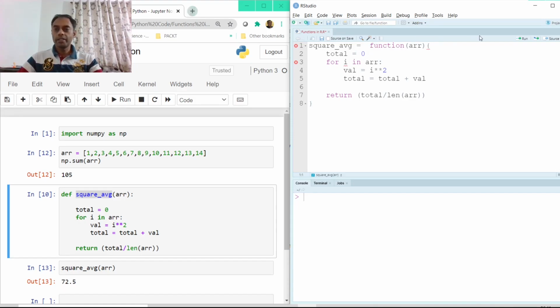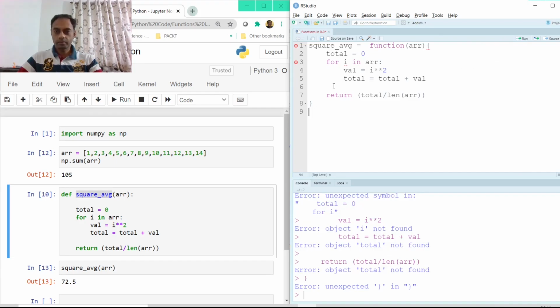And now if I execute this line, I'm sorry, did I go wrong somewhere? Yes. Certain things we have to change. So I have to change this colon here, and instead I have to put curly braces. I hope I have made the necessary changes now. We are now good to go. All right, this was for the for loop, and this is for the function.